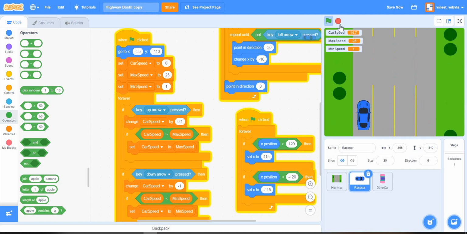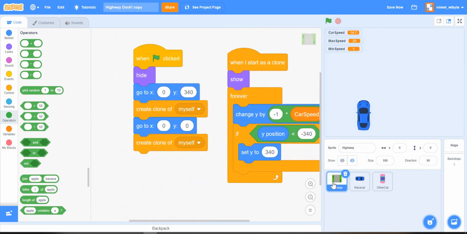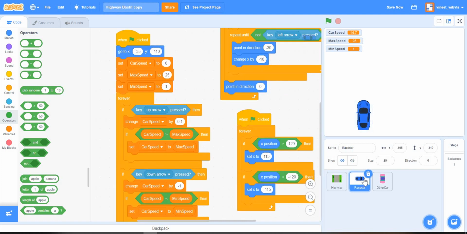So let's just recap quickly what we did. We built a scrolling backdrop, right, by using two clones, making them move with a similar speed, and of course sending one clone back. We then built a race car, right? We took a sprite from elsewhere, copied that, and basically edited the sprite, and then we gave it code to move. We gave it code to accelerate, to brake, to turn left, to turn right, and also to limit it from going to extremes, basically the extreme left or the extreme right, right?